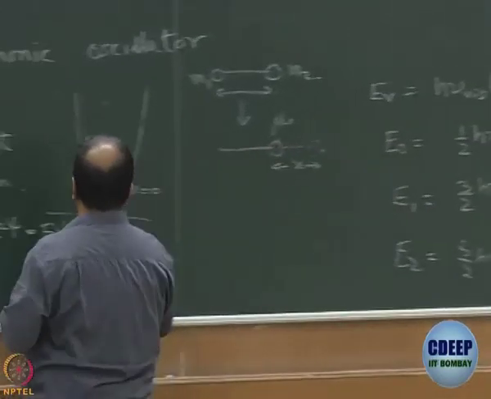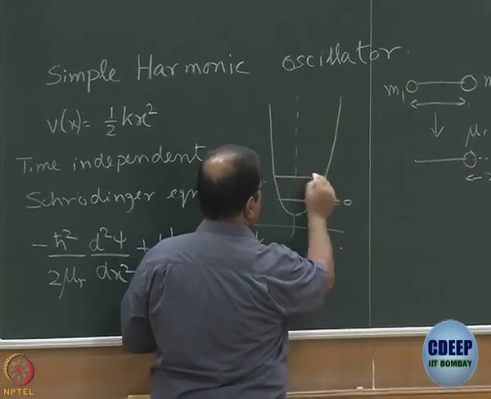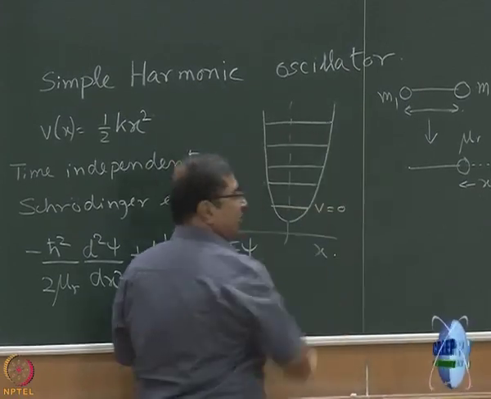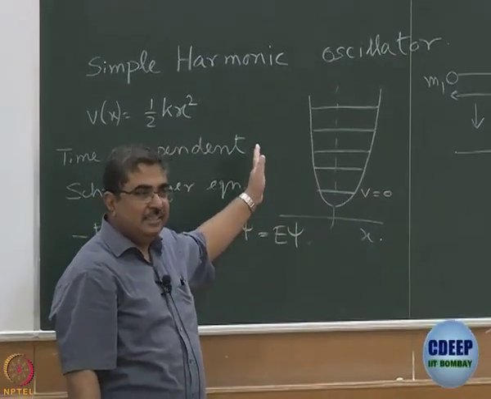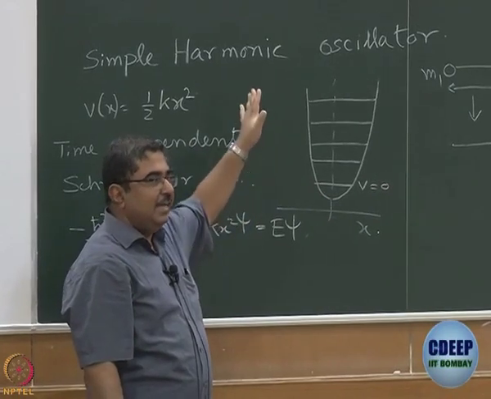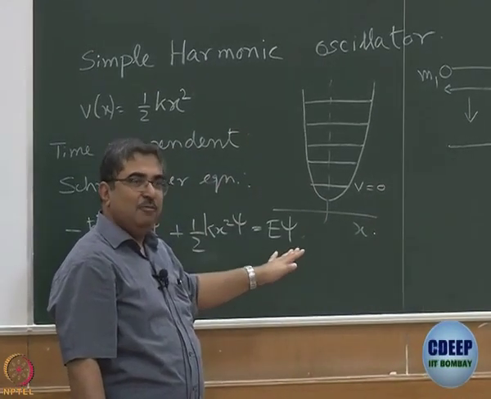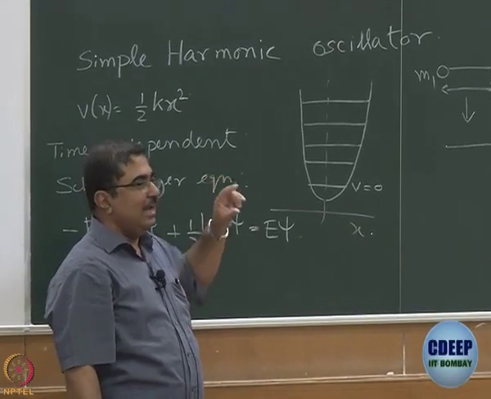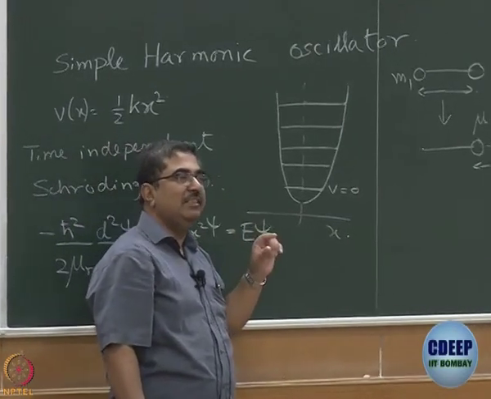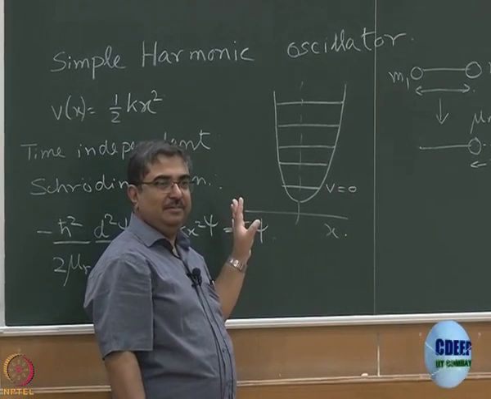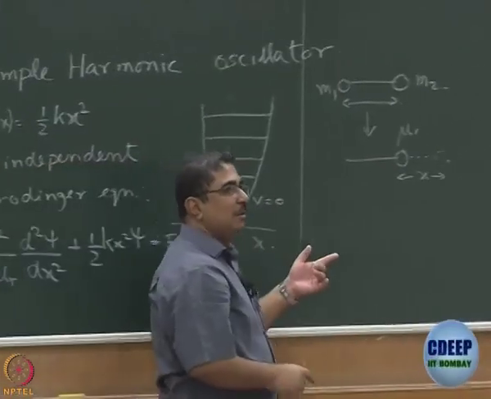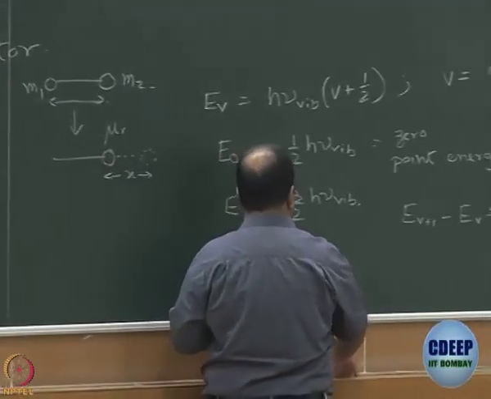So, we learn that, allowing for my poor artistic skills, the energy spacings are all equal for a quantum harmonic oscillator, okay, and the spacing between two successive levels is h nu vib. Okay. Now that we have talked about energy, let us talk about populations quickly and then we move on to the wave function.